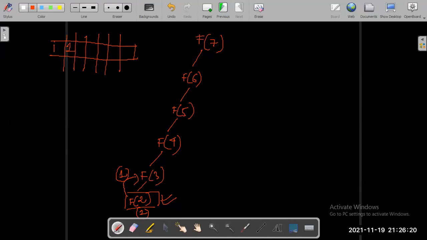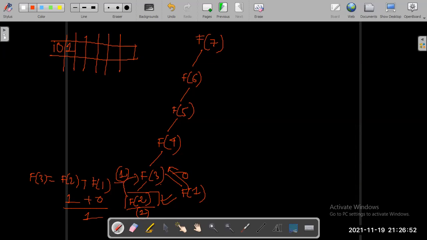Fine. Okay, so f of 2 has returned value 1 to f of 3, and now it requires f of 1 for calculating itself. It is also known that f of 1 is 0, so let's return 0 from here. Now, what is the value of f of 3? f of 3 will be equal to f of 2 plus f of 1, that is 1 plus 0, which is equal to 1, right?